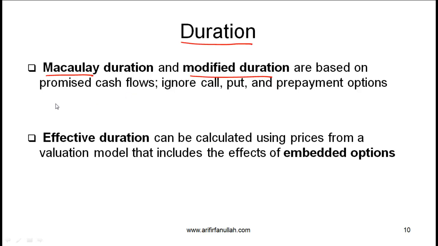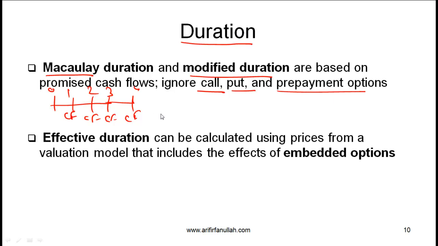In other words, when we have a bond, even if it is a callable bond or a putable bond or a bond with prepayment options, we make certain assumptions about the cash flows, and then we calculate duration based on these cash flows. The problem with this approach is that it ignores call options, put options, prepayment options. So it ignores the fact that interest rates can go up and down. So it ignores the fact that interest rates are volatile, and hence the cash flow might not end up being